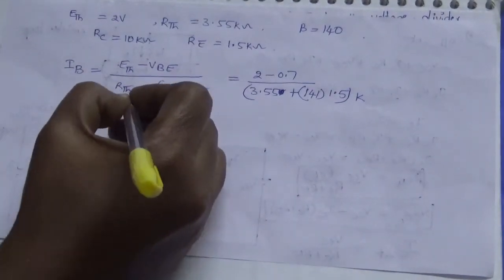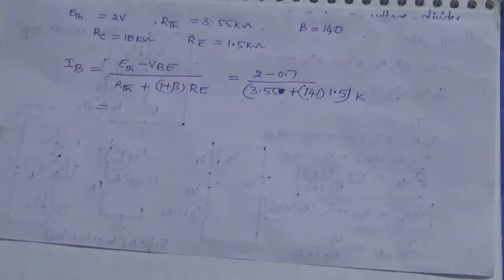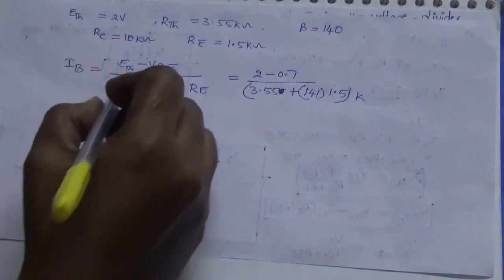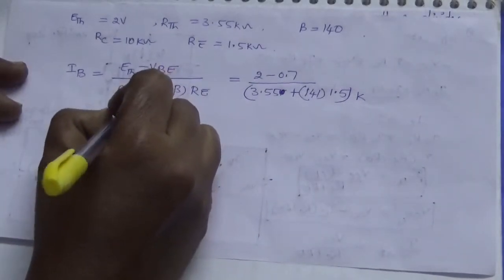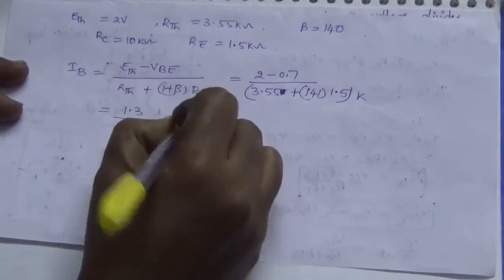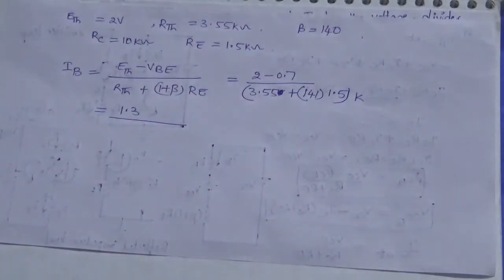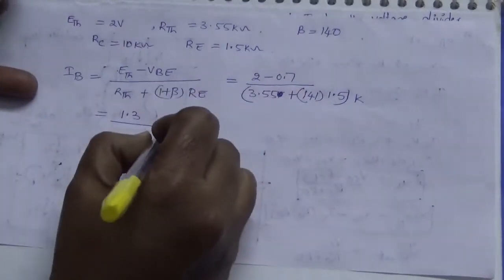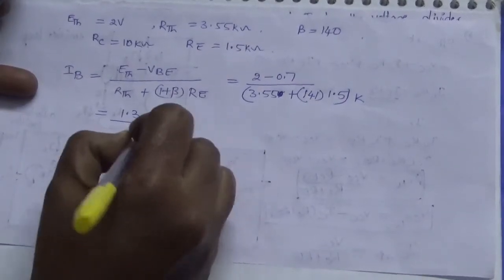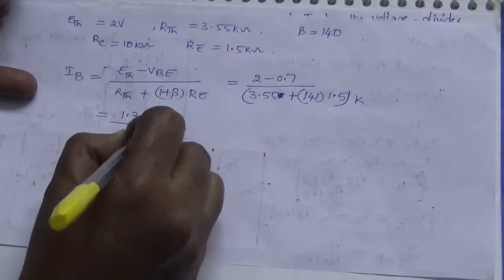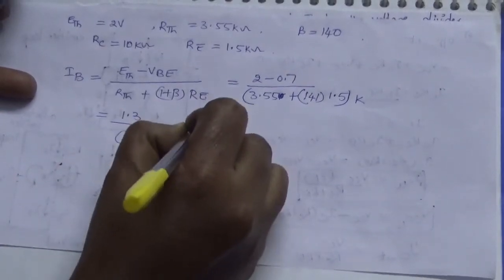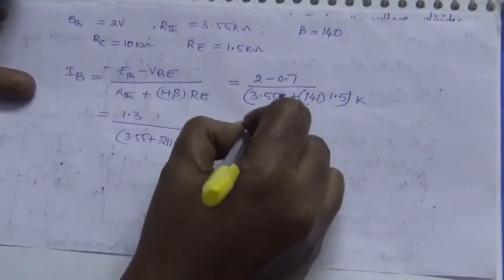So here, 2 minus 0.7 is 1.3, divided by 141 into 1.5. So 141 into 1.5, that is 211.5, plus 3.55. Kilo will become milli when it goes up. So this implies